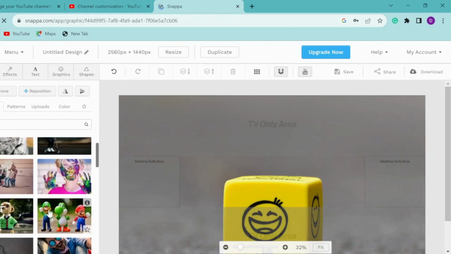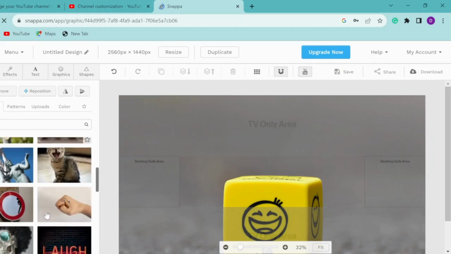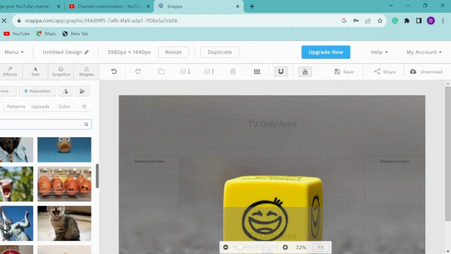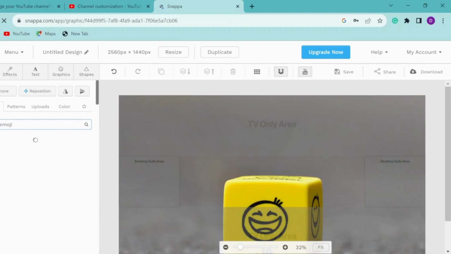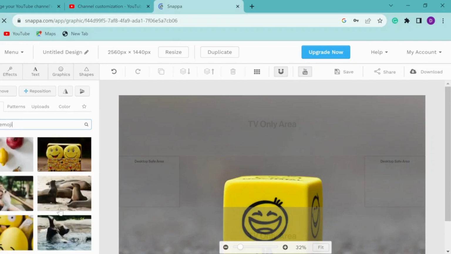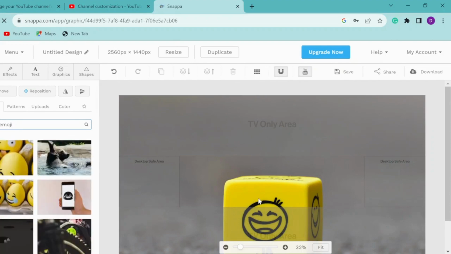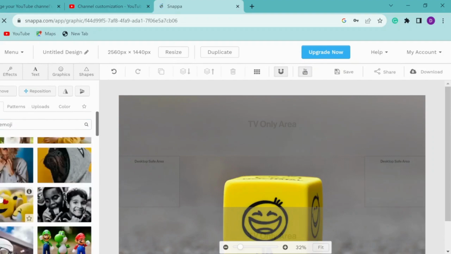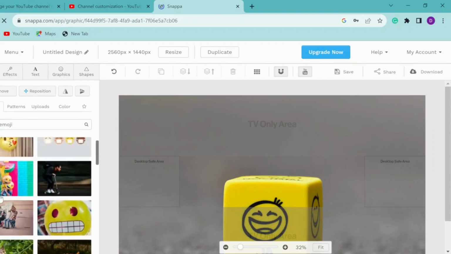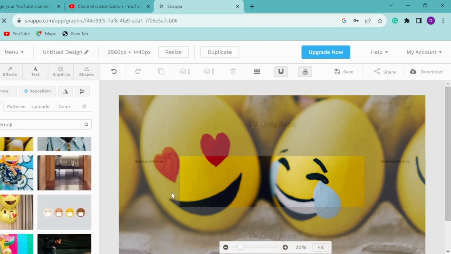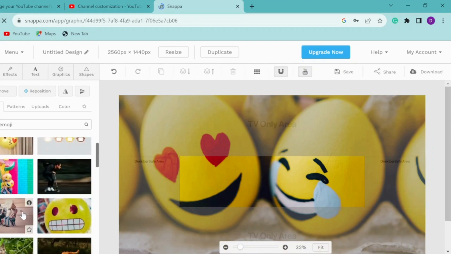Once you click on the background, you're going to have a choice of either choosing a texture or an image. For me, I'll just go to the graphics first and choose a graphic for the banner. It's going to be very simple because it's something that I'm just doing for illustration purposes. Under the graphics, I want to have something that is fun. So I'll just type in fun or laugh